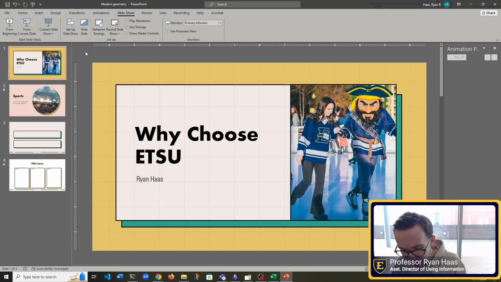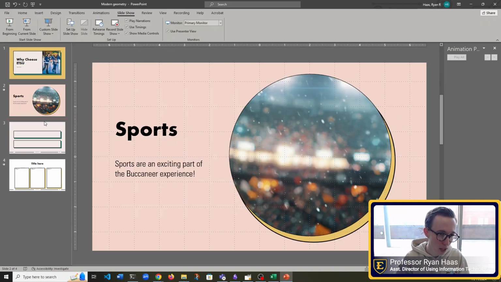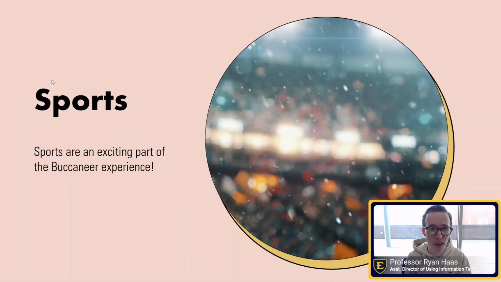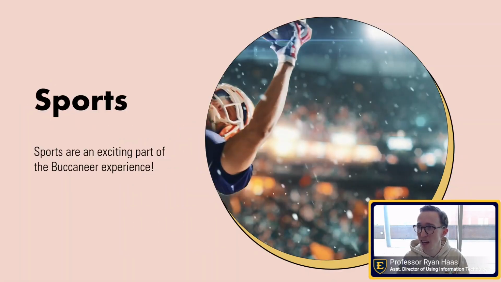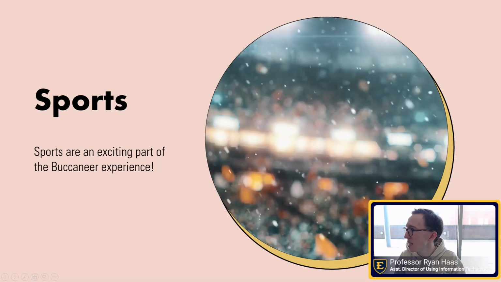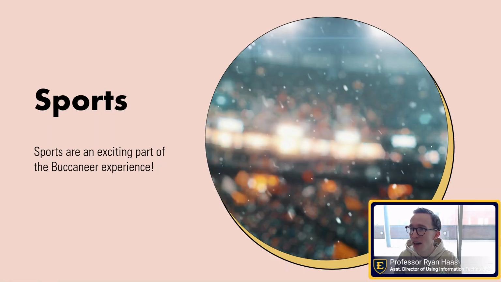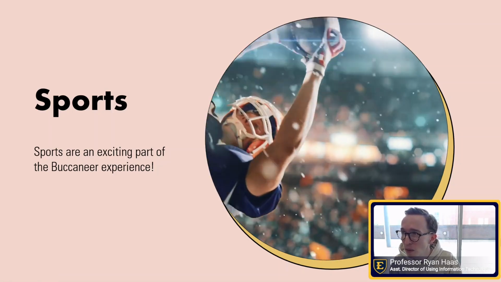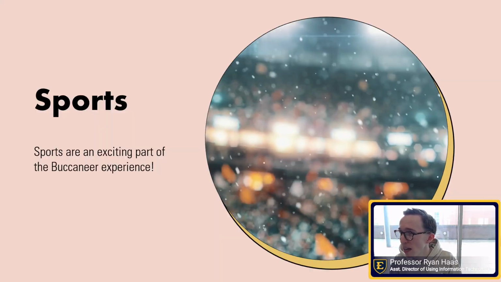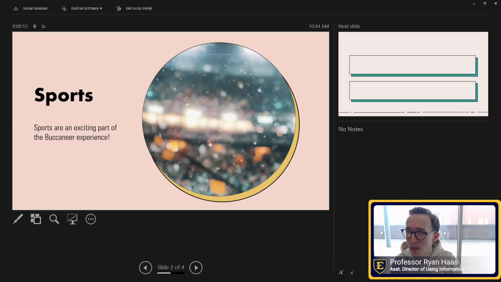Now, the way I like to present from the current slide is by holding down my Shift key and pressing F5. So if I press F5 by default, it will go to the first slide, but if I hold Shift F5, it always presents from the current slide. Now what you can't see is that on my other monitor, I have a totally different screen showing up when I'm in presentation view. To see that, I'm going to swap the screens.